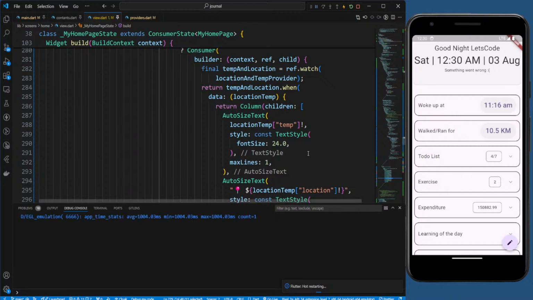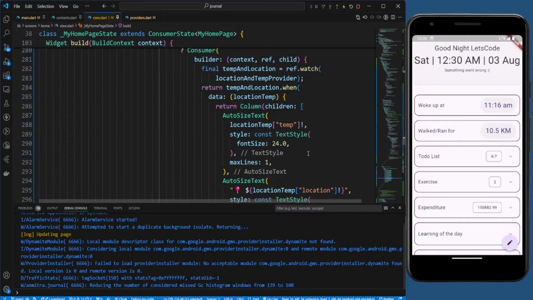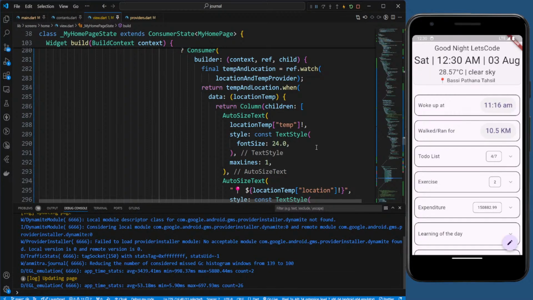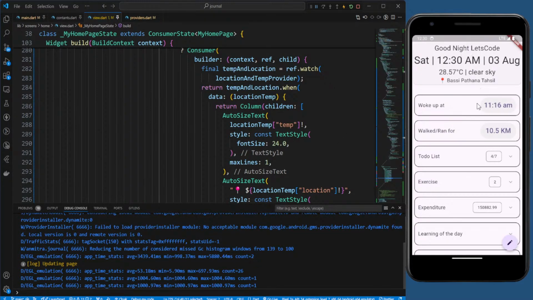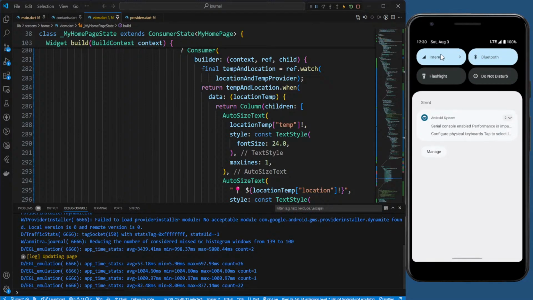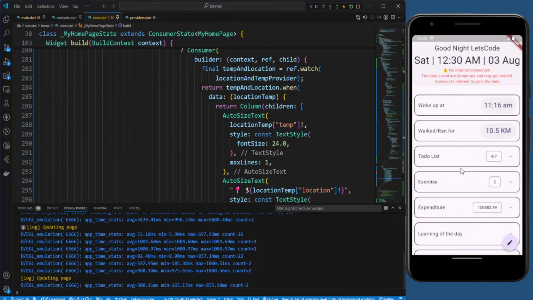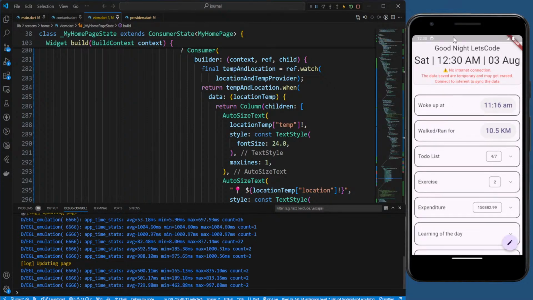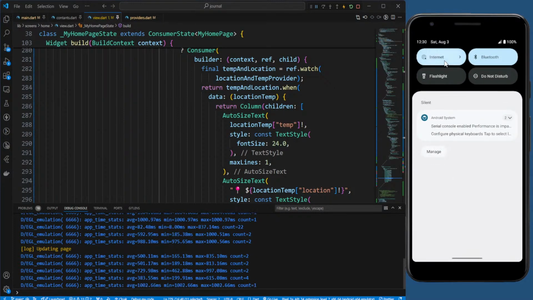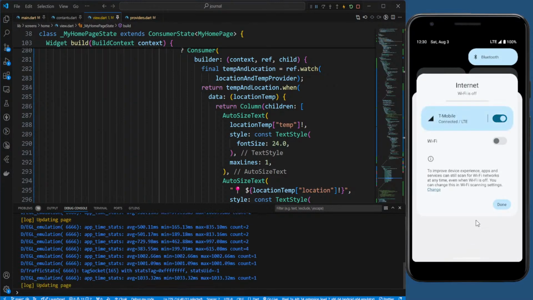Load the page. And if you turn off the internet, click on done, you got this. If you turn it on,